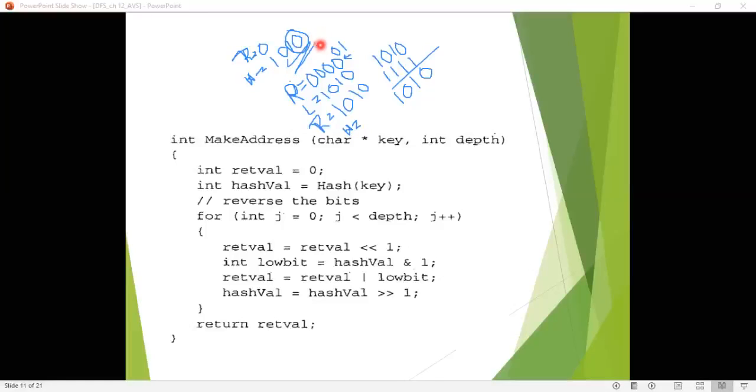Right shift by one position means you get 1 0 1, and the last 0 you discard, but to the left you insert 0 here. So the hash value now is 0 1 0 1.